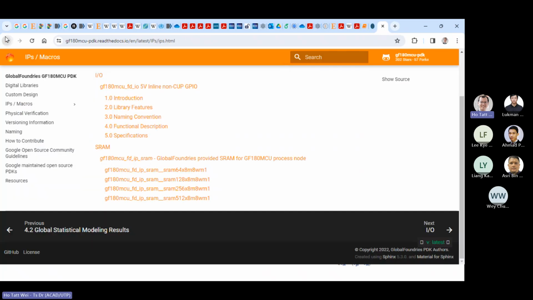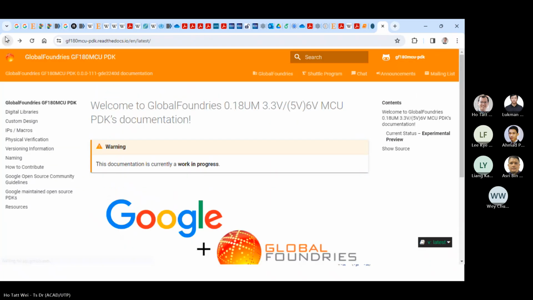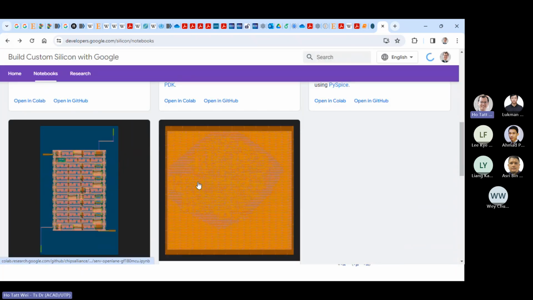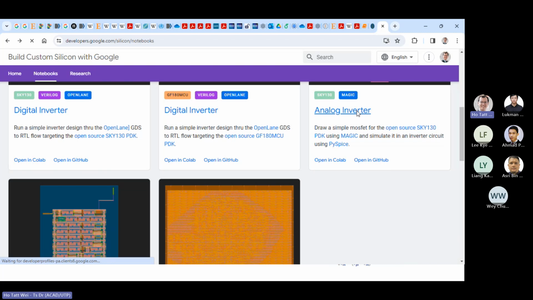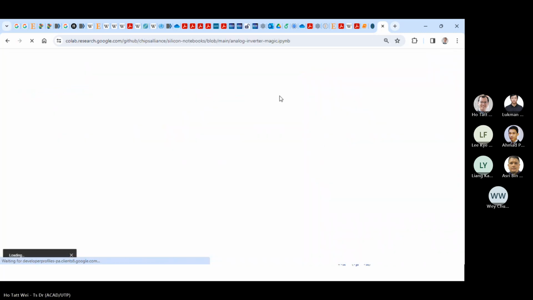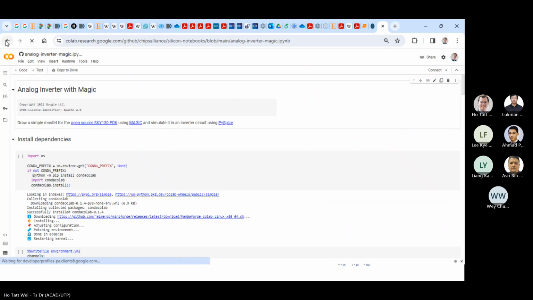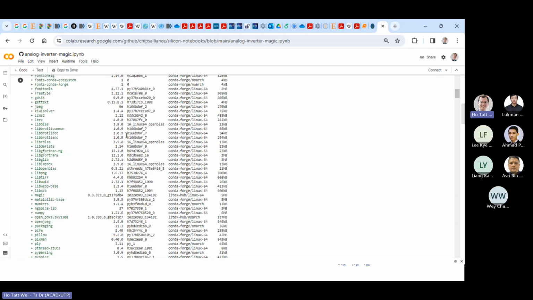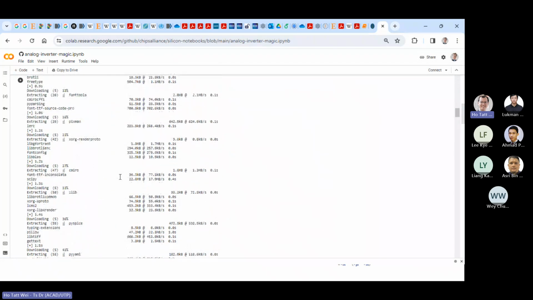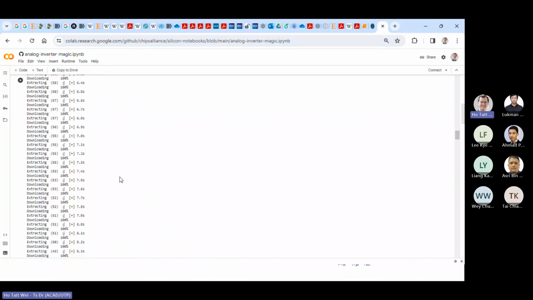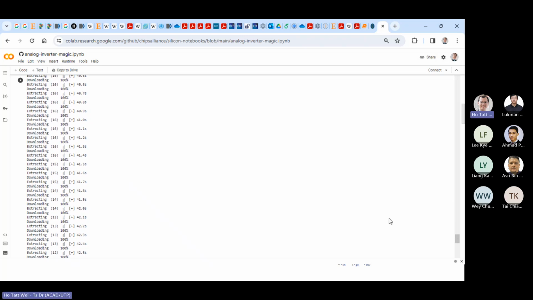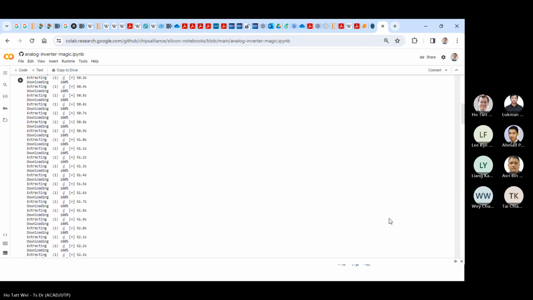it's actually this analog inverter part here. So if you open this and you execute it, you will see this one is installing the libraries. That's the part that I wanted to clean up so that it's easier for you to run on Docker, but you can actually just run it on Colab as well. This is just installing all of that.